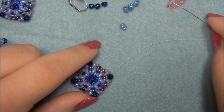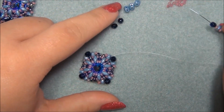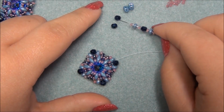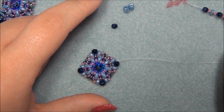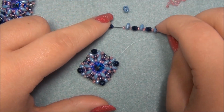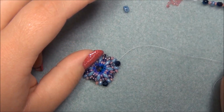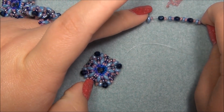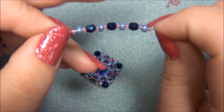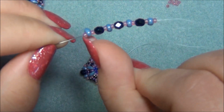All I'm going to do is pick up a seed bead, Superduo, seed bead, 4mm, seed bead, Superduo, seed bead, 4mm, seed bead, Superduo, seed bead again, 4mm, and seed bead, Superduo, seed bead. Okay, so this here is the whole sequence of beads that I have to pick up. Okay, so after you pick all that up, slide it down,